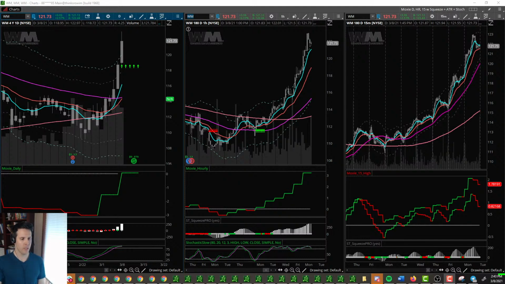So Amber, the EMA 50 on the hourly is different than the 15-minute, 2-hour, whatever. I use the 50 SMA on all time frames. So the 15-minute uses the 50 SMA on the 15-minute time frame. The hourly uses the 50 SMA on the hourly, and the daily and so forth like that.